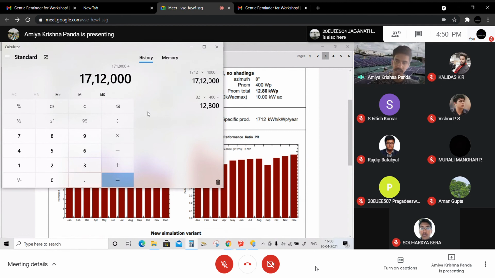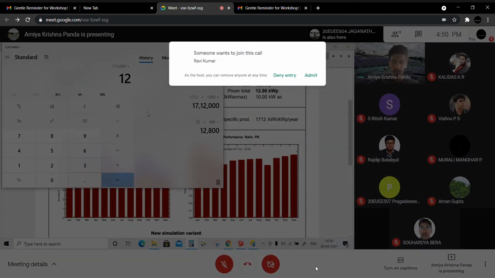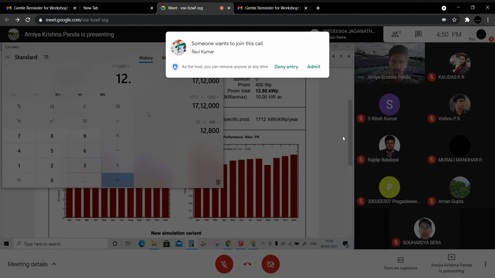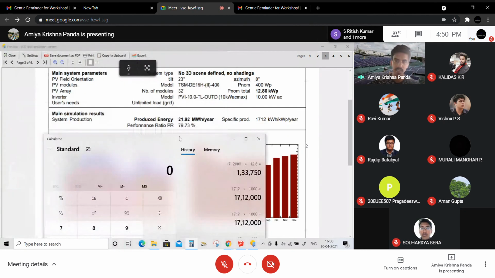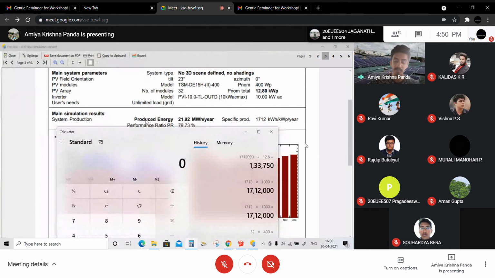So I am just dividing it with 12.80. Oh, sorry, I've just made a mistake here. Actually, you need to divide your produced energy by the Pnom total.